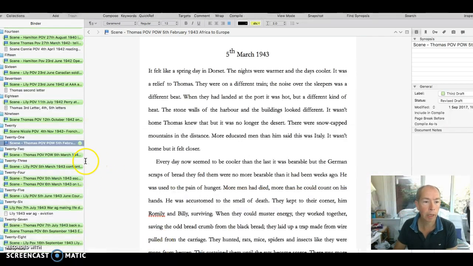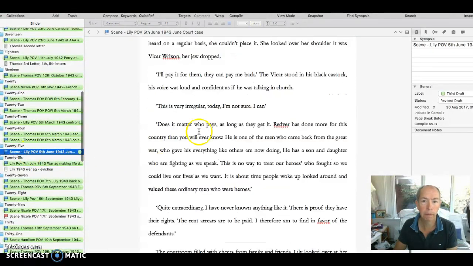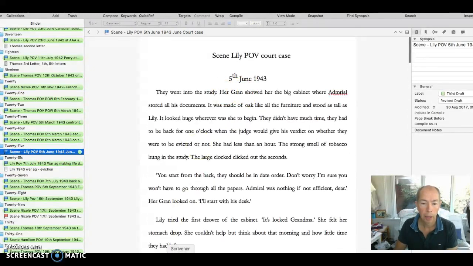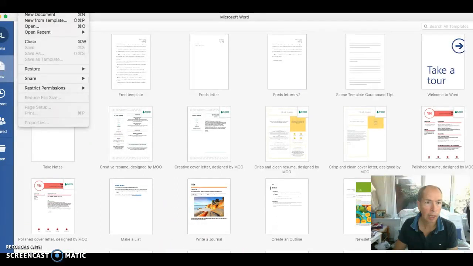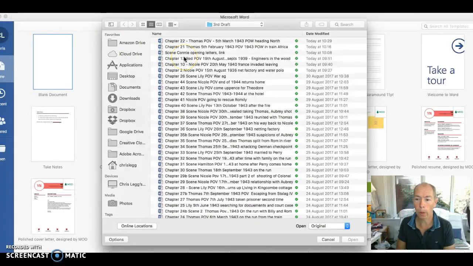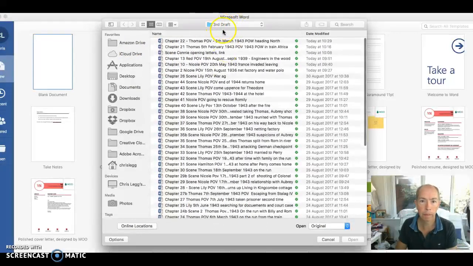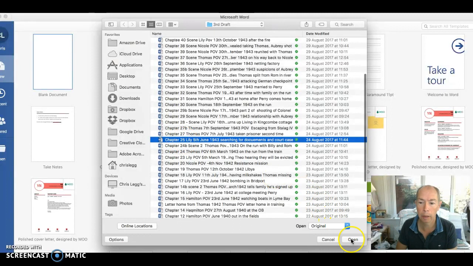And then in Scrivener, let's scroll down to the same chapter 25. So here's my scene here as well, and what I do is I actually write it in Word, and because this is a third draft, all of my chapters are saved on Dropbox, so this is my third draft folder. So if I go down, here's my chapter 25, so if I open that up,